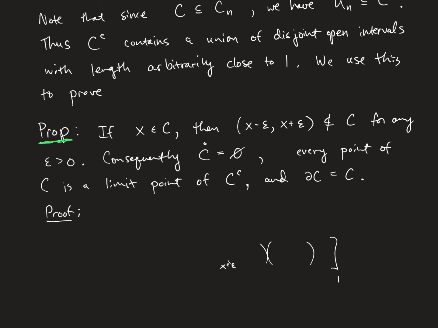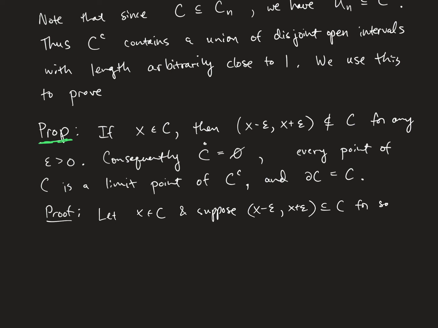All right, so let me get rid of this. Let x be in C, and suppose that (x minus epsilon, x plus epsilon) is contained in C for some epsilon greater than 0. Then take capital N in the natural numbers such that, just as I said, we want 1 minus (2/3)^N to be within 2 epsilon of 1. In other words, we just want (2/3)^N to be less than 2 epsilon. Okay, well, so then